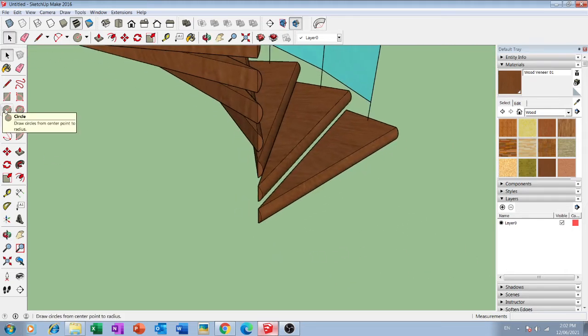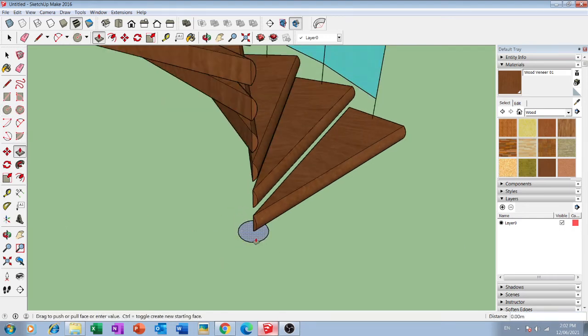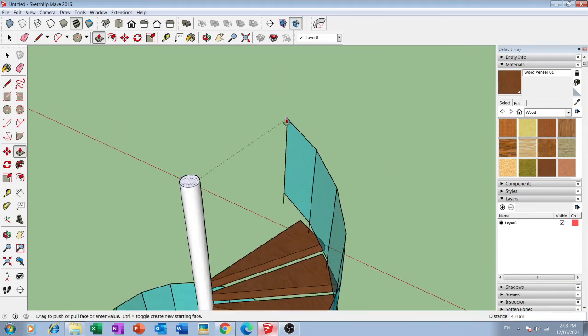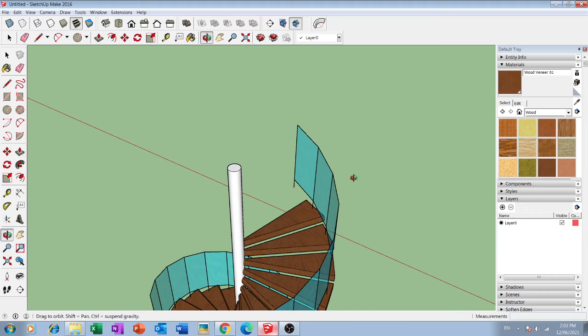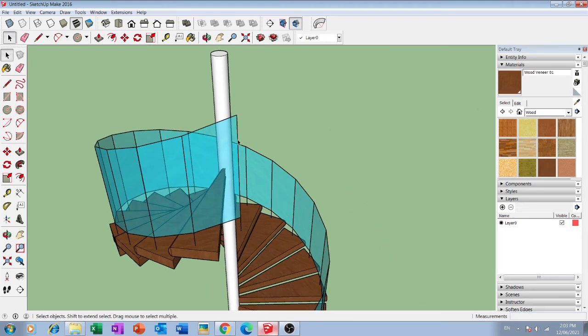Now if we want to create a central handrail, or central guiding rod, then simply draw a circle of radius 0.1, enter, then extrude it to the same height as the last handrail, and this way we will complete our staircase.